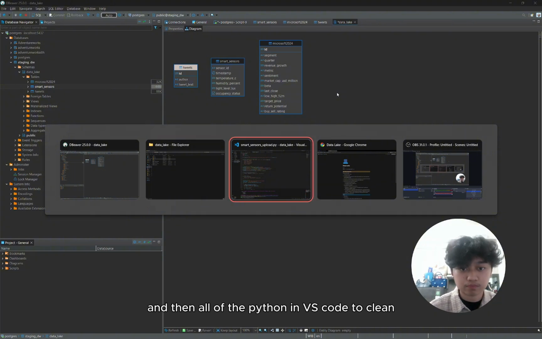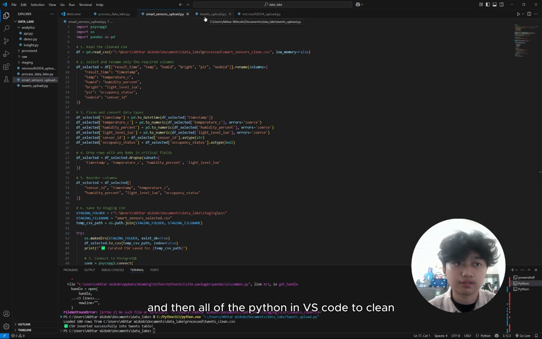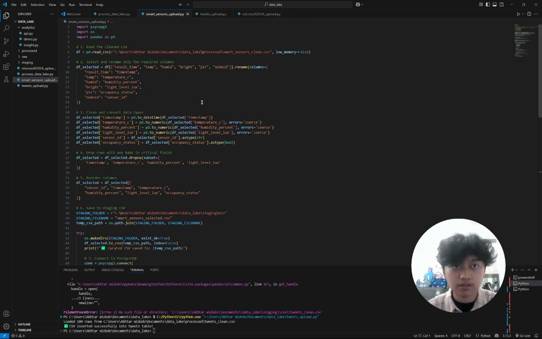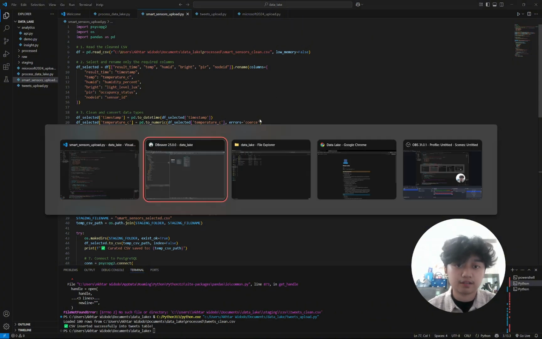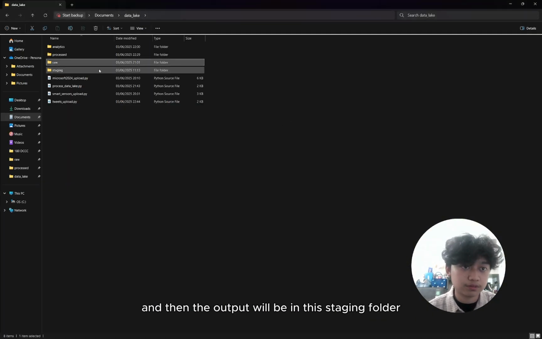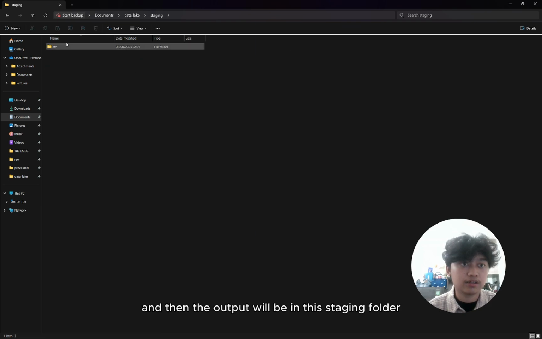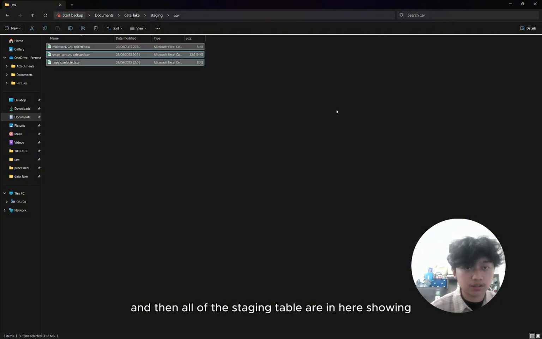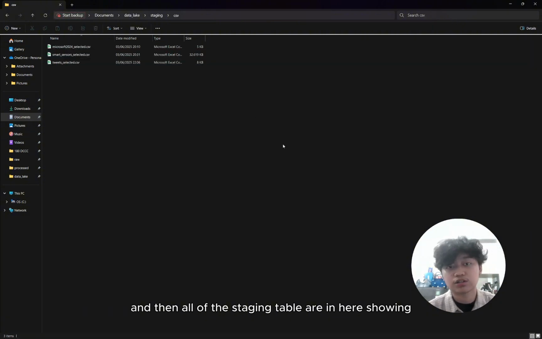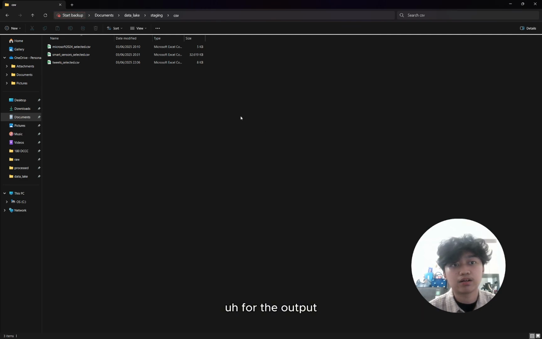And all of the Python in VS Code is to clean the 3 of them and also upload them to DBeaver. The output will be in this staging folder. So staging folder, go to CSV, and all of the staging tables are in here, showing the output.